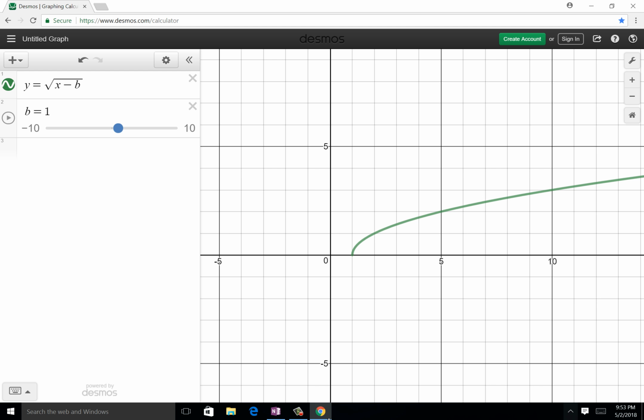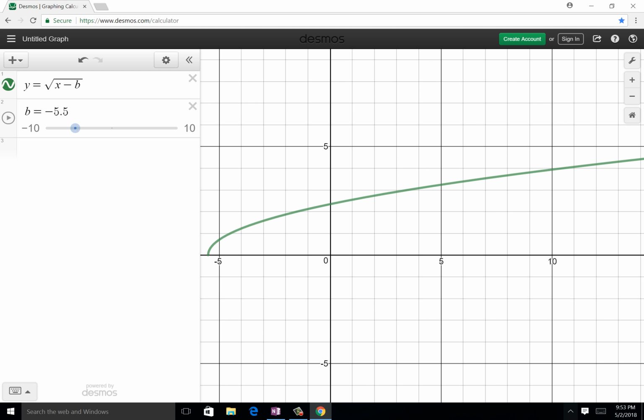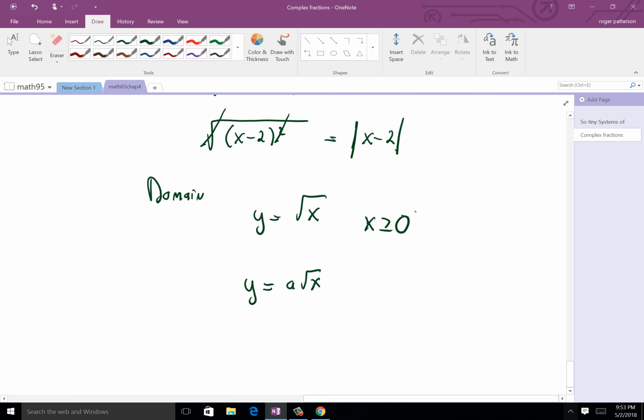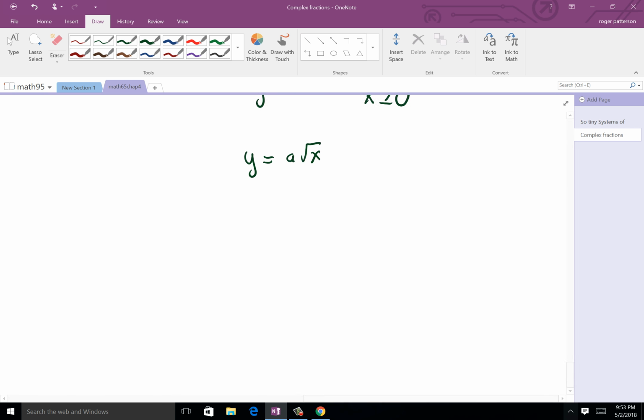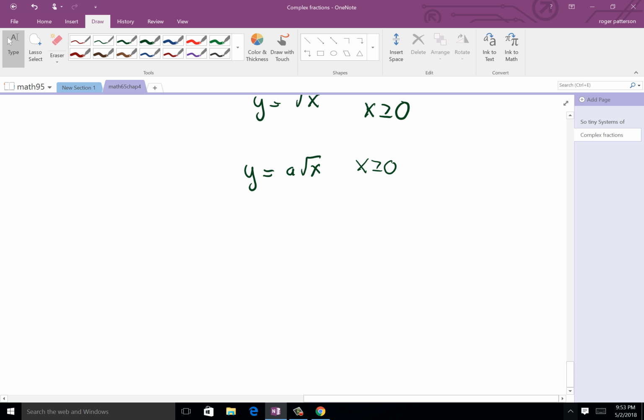And as I increase this, I can see that that's moving, right? So that changes my domain to whatever's inside there. Same thing if I go backwards, I can see that that's changing my domain. All right, so yeah, if this here, domain doesn't change, right? But as soon as I put a number inside the square root like this, all right, then it depends upon